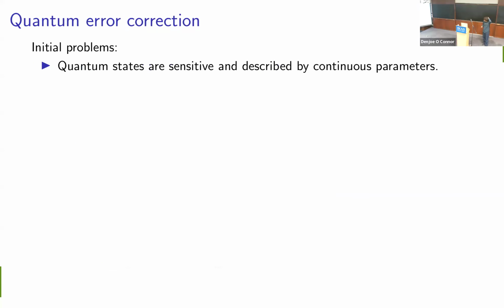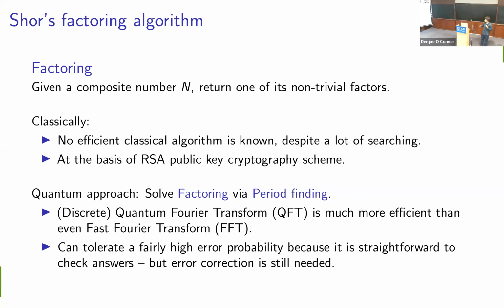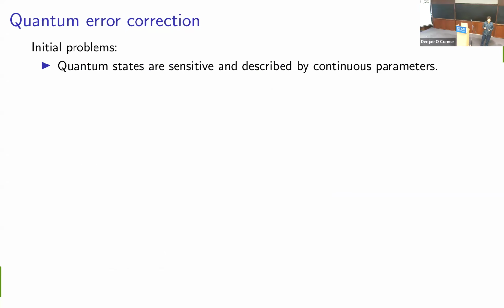Okay. So as I've mentioned down here, we can check answers for this specific algorithm, but of course there might also be things that we want to do on a quantum computer where we can't check answers, and so we really can't tolerate a very large probability of error. And as I've mentioned earlier, in the quantum world, we have to take into account the fact that there are going to be errors in our computation, because our quantum systems are very small. We can't isolate them perfectly from the environment. So the states are going to change over time in ways that are not intentional by us.